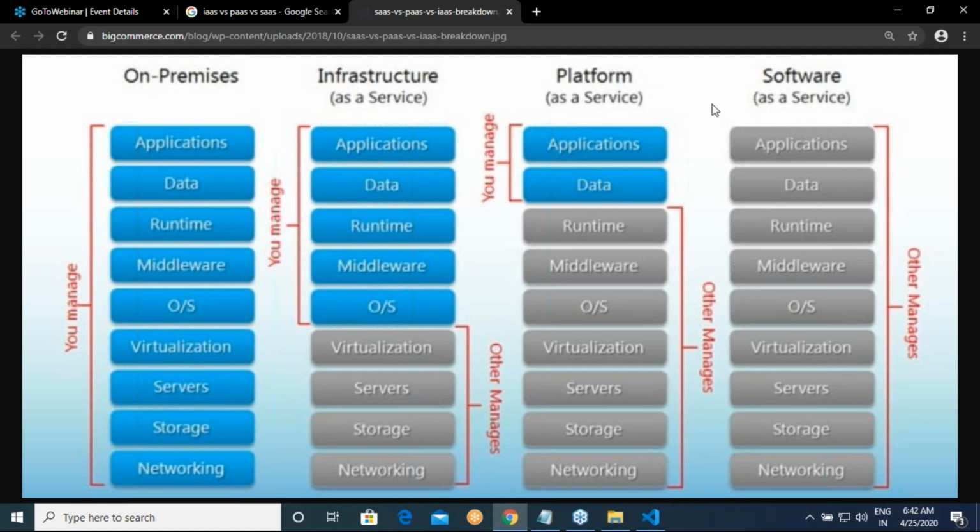That is the whole idea of platform as a service. Tomorrow you can get a .NET environment as a platform as a service, a Python environment as a platform as a service. Software as a service is a finished product, something like Google Drive, where you directly get a finished product, or a Salesforce, a Netflix, where you directly give this URL to your customers. Right now, we are dealing with platform as a service.